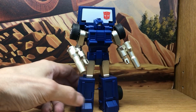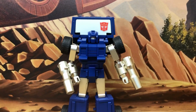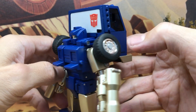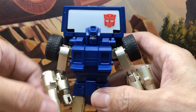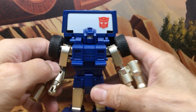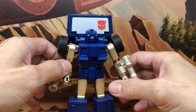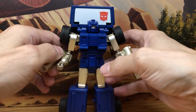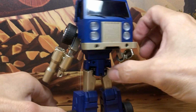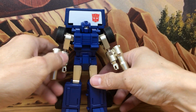Okay, my final thoughts on this figure. I really like this figure, even though there are issues with it, with the tolerance. Some areas being tight and some areas like right here being really loose. And I just think, you know, maybe that happened because they were maybe in a rush to try to get this figure produced. But anyways, other than that, this is obviously a really nice looking figure, very cartoon accurate,